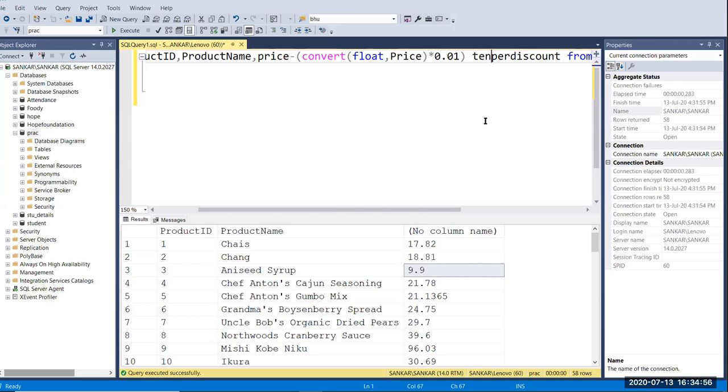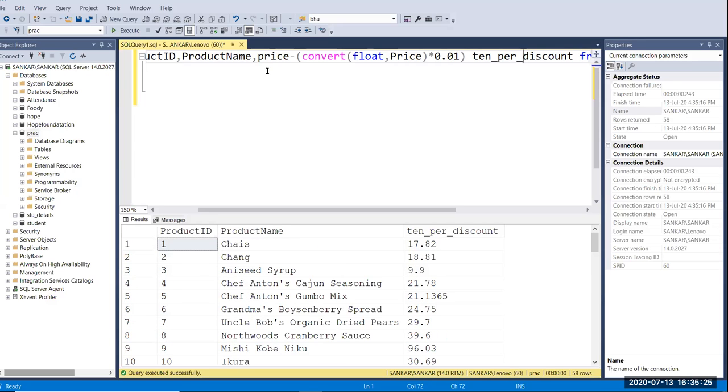That is the same process. The difference is Python is case sensitive, and in query languages there is no problem, it's not case sensitive. You can use snake casing like 10_per_discount. Now you can see the column name has changed, right?